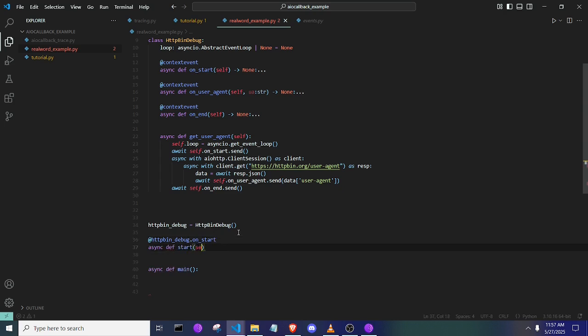We're gonna call this start. You can name whatever the function you want. Just remember that it's gonna send the class itself. You could also name it self. You can name it debug. You can name it whatever you want. I'm gonna just call it self for this video. But here we go, and then